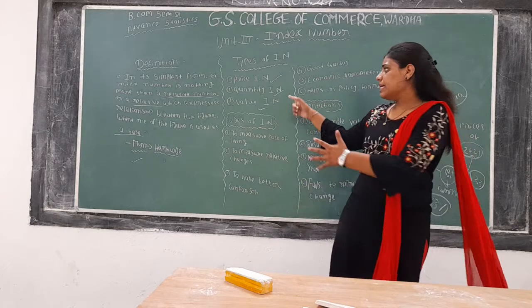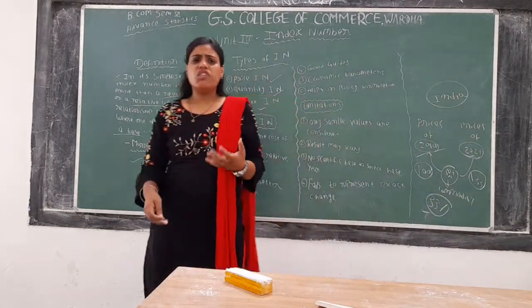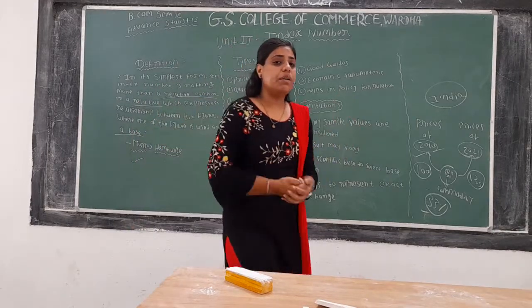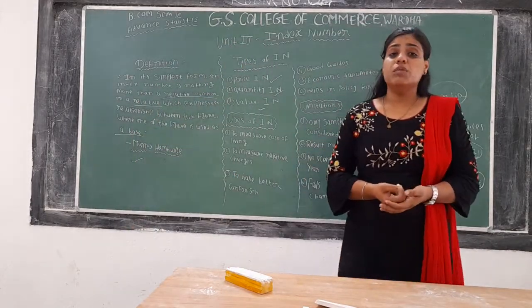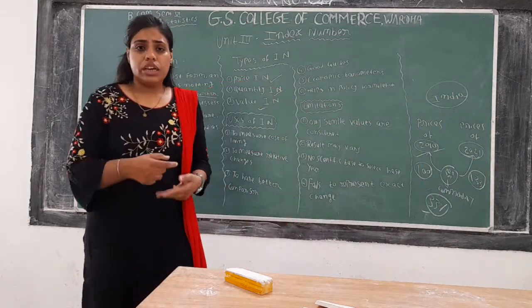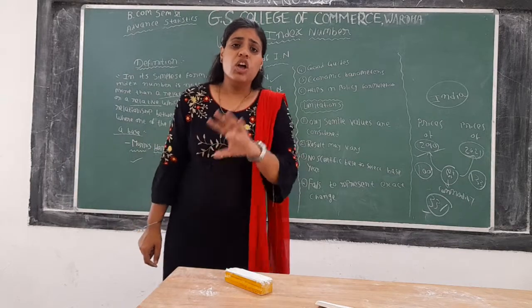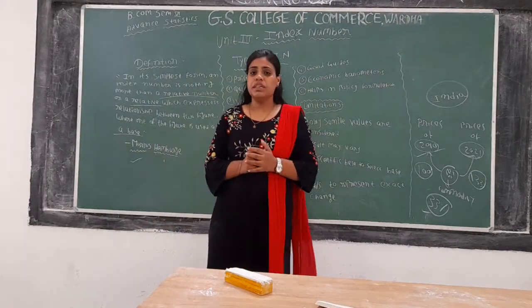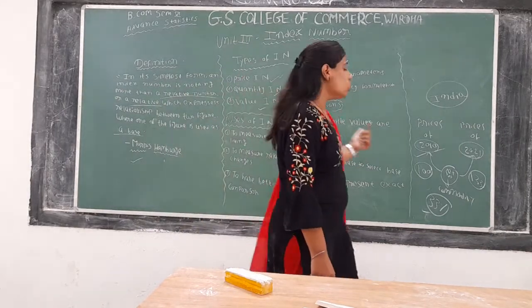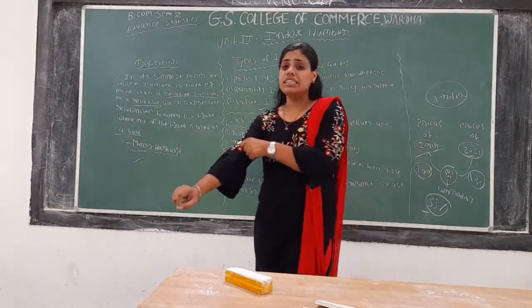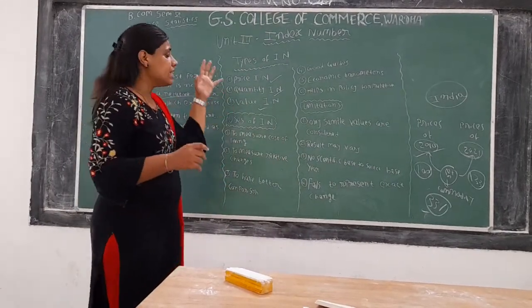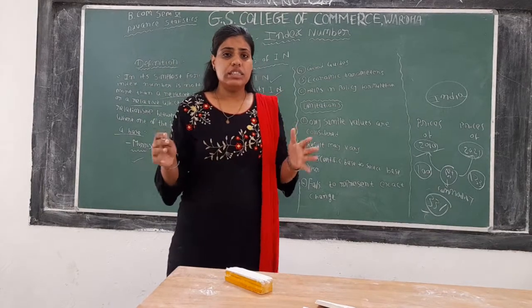After that, quantity index number. So what is the meaning of quantity index number? See, there are various economic variables which need to be measured in terms of quantity, like exports, imports, industrial production. Okay, all these are economic variables which need to be measured in quantities. So in order to find out the relative changes in all those variables, this concept of quantity index number is used in statistics.